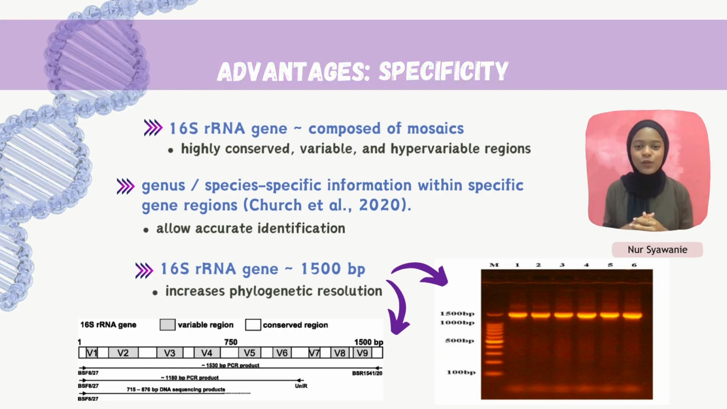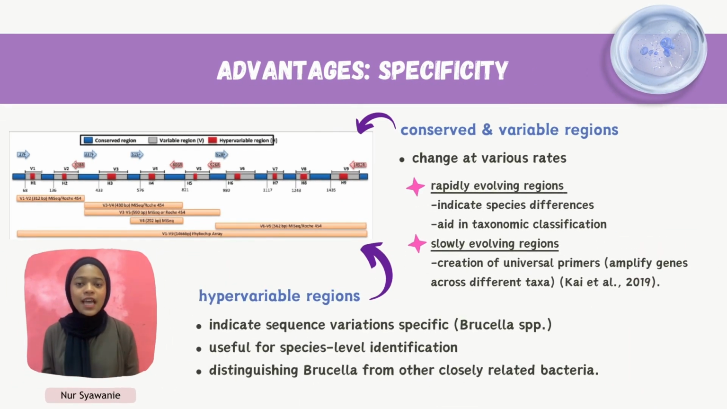increases phylogenetic resolution. As I have mentioned earlier, the 16S rRNA gene has varied and conserved regions that change at various rates. The rapidly evolving regions indicate species differences and are helpful for taxonomic classification, while slowly evolving regions allow for the creation of universal primers that amplify genes across different taxa. Alongside the conserved regions, the 16S rRNA gene also has hypervariable regions that indicate sequence variation specific to various bacterial species including Brucella species. These variable areas are useful for species-level identification and for distinguishing Brucella from other closely related